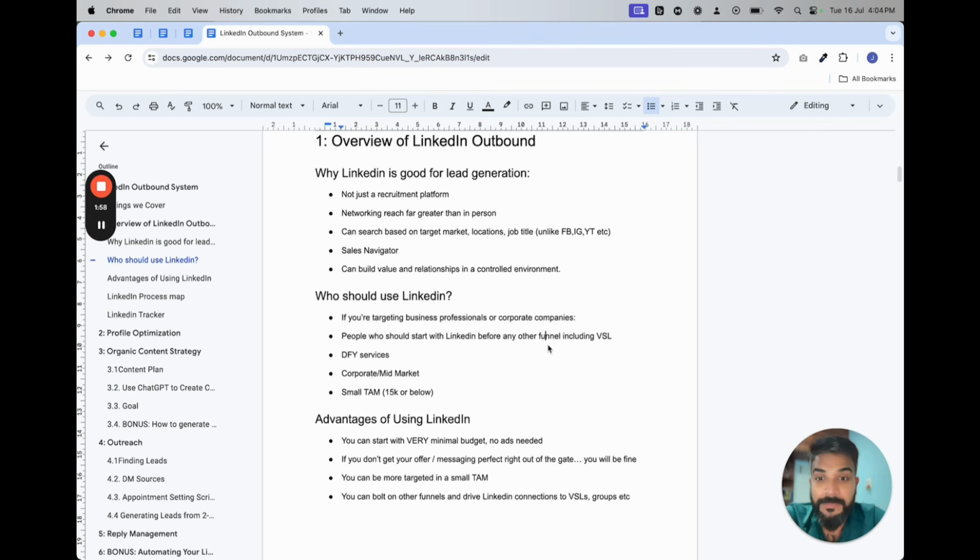If you are into corporate, the mid-market segment, or if your target addressable market is very professional and very small, like, let's say you're only targeting companies who have more than 1,000 employees, it's difficult to target them on Facebook alone, right? You can run ads and get them, but it's generally slightly difficult. So it's better to get into LinkedIn and have a very targeted approach to lead generation, right? What are the advantages of using LinkedIn?